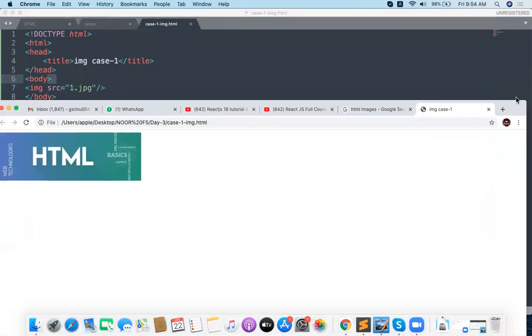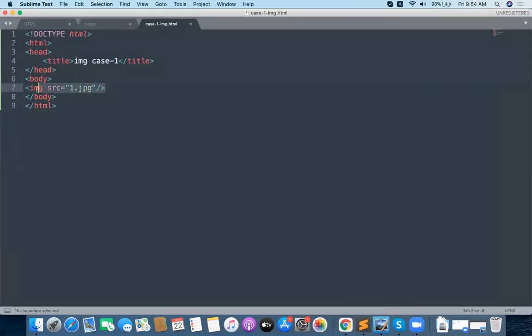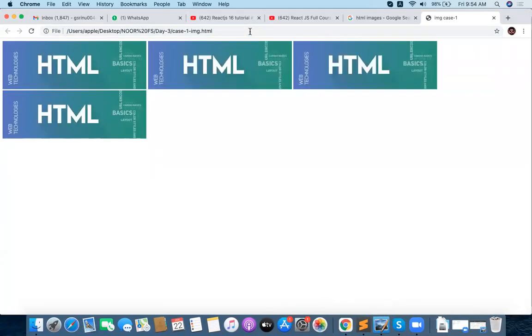This is actually loading from the local file, a local folder. Yes, you are loading from the local folder. If you want to take multiple images, yes, you can take them. And the image tag is an inline tag. What is an inline tag? We already discussed the inline tag. Inline tag is side by side. Can you see that? Yes, the image tag is an inline tag. Side by side it is taken.